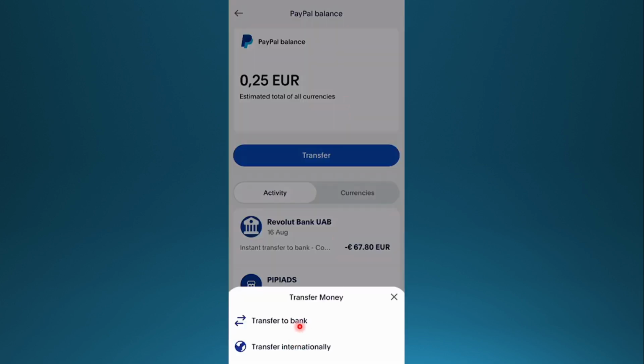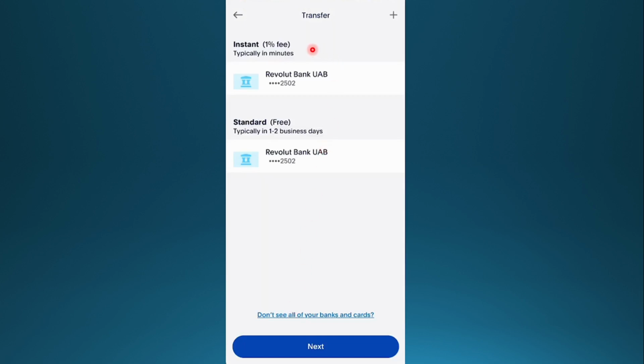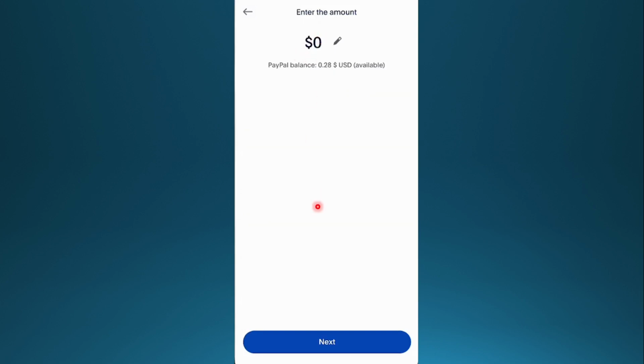And then after you choose transfer to bank, you just need to choose which option you want. So you either do instant, this one is sent typically in minutes, and there's the standard one sent in 1 to 2 business days. And you just go ahead and select your bank account that you want to transfer to. If you haven't added one already, come here at the top, right click on the plus icon, add your bank account details, choose your bank account you want to send to, tap on next, then just enter the amount, tap on next, and send. Really that